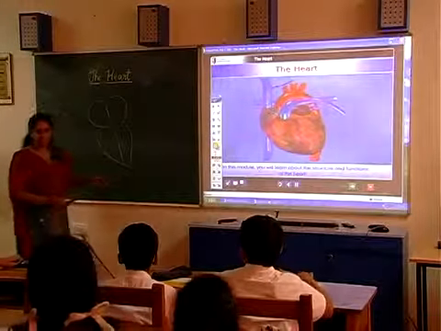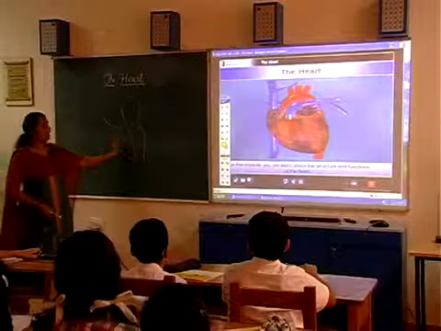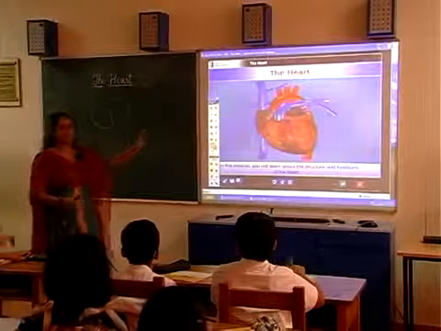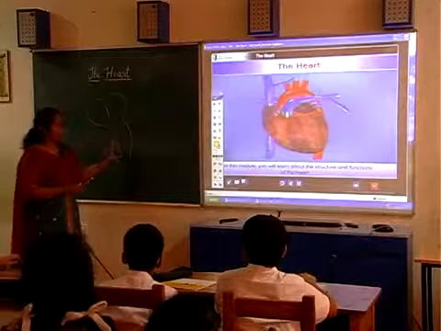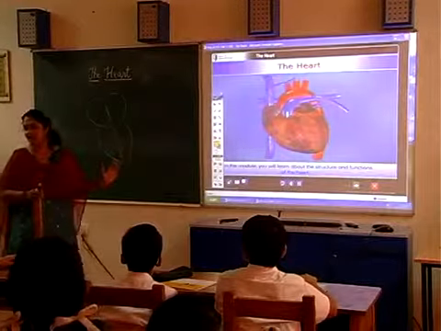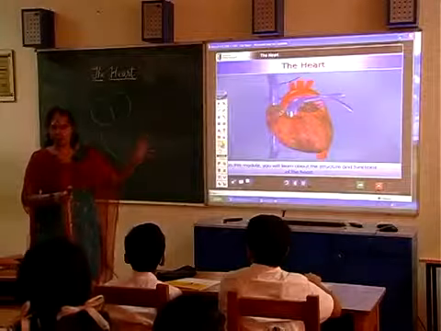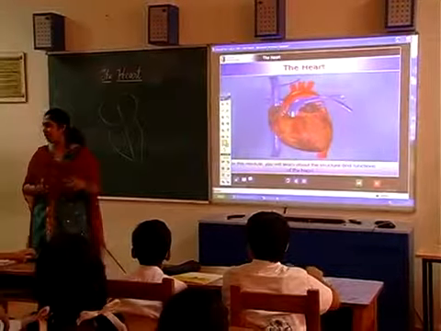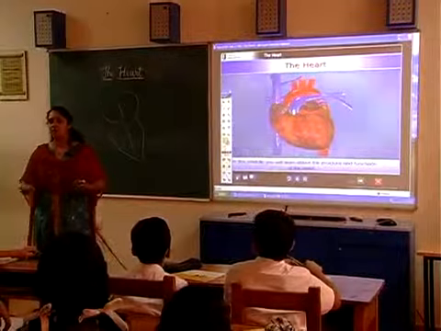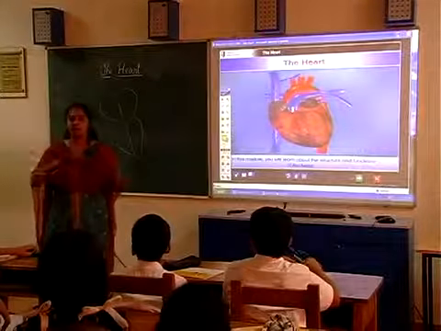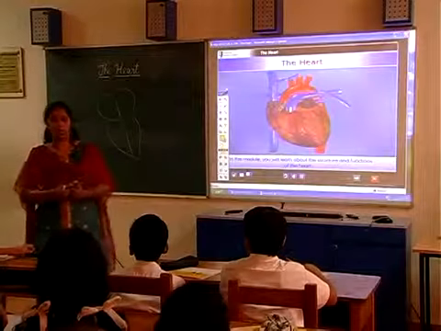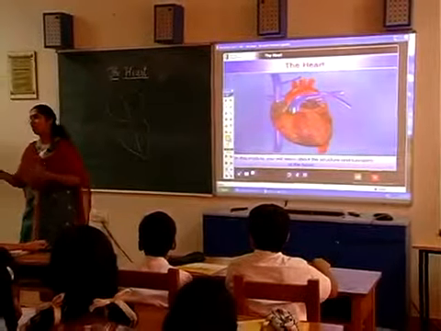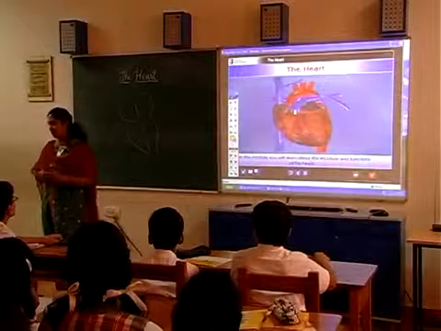Which is obviously not, and we know that it is composed of muscles and there are chambers, and the shape is not exactly like a heart. It is tilted slightly towards the left. There are many vessels which enter and leave the heart. And you also have the circulatory system, which consists of the impure, that is deoxygenated blood, and the pure blood, which is oxygenated blood, which has a lot of oxygen, right?